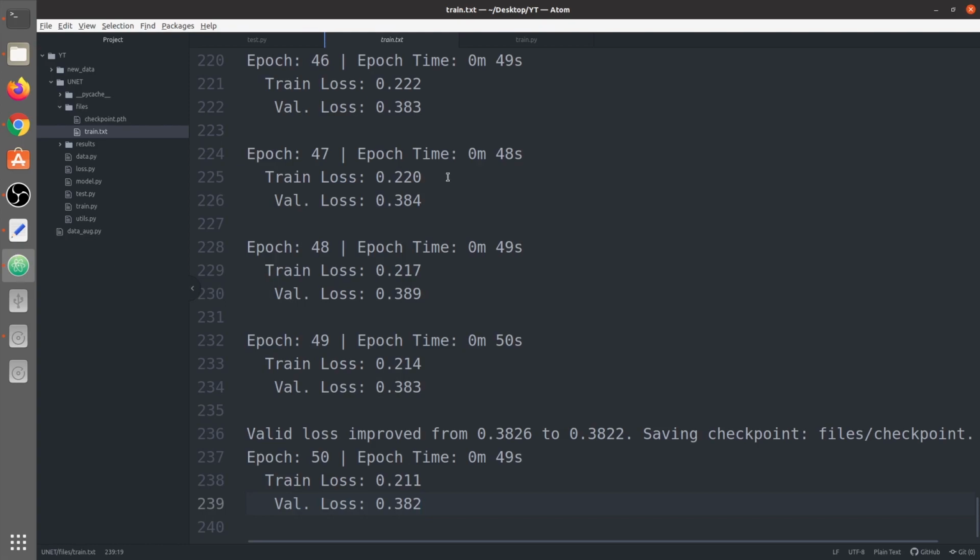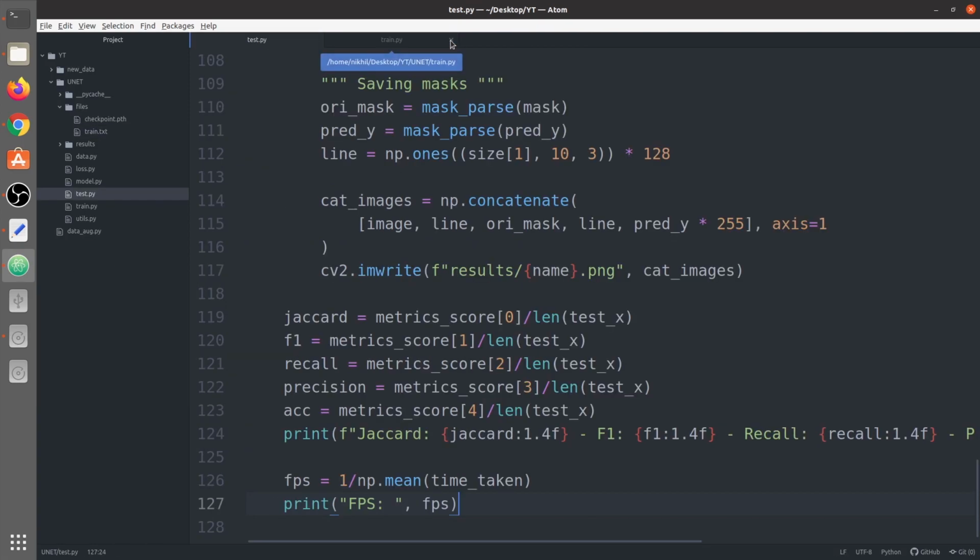You can apply a different architecture. Instead of UNet, you can apply ResUNet, or you can apply DeepLab. I already have made a video on DeepLab where we segment human images, so you can watch that video, check its code, and take the DeepLab part from there and apply it here. Train that DeepLab, test it again, and compare it with UNet. I'm sure that DeepLab would have much better performance. In future I may have a video with DeepLab, so if you want a video with DeepLab on this DRIVE dataset, do comment it out.